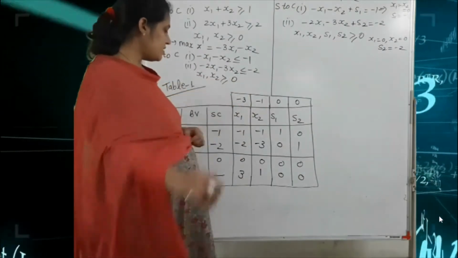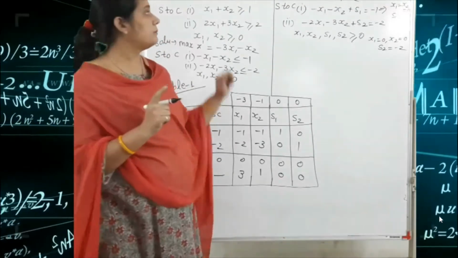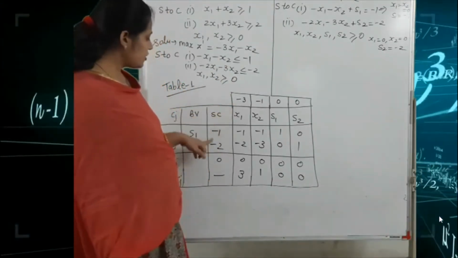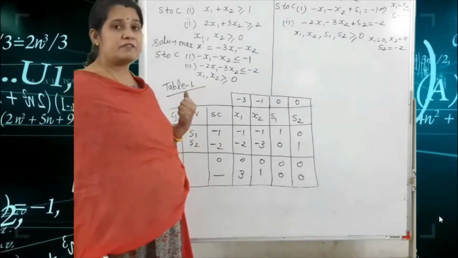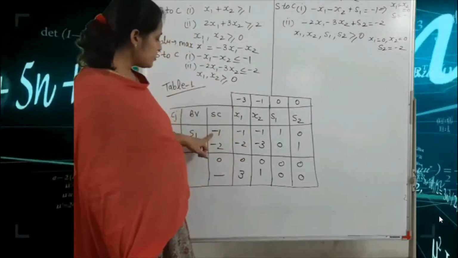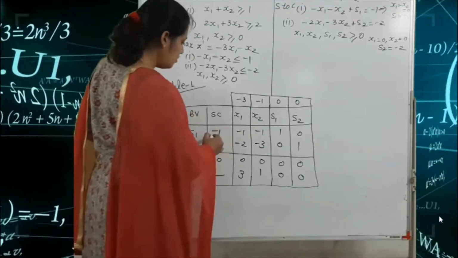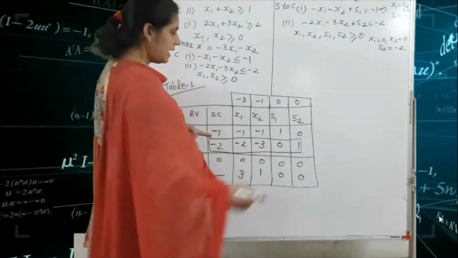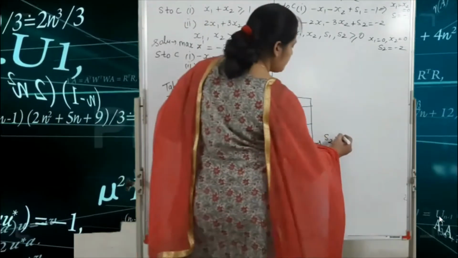After that, first you find the new variable in the dual simplex method. Look carefully: your solution constant is in negative sign. But in all the methods we saw in the previous lecture, the solution constant was always given in positive sign. So here first you choose the minimum value. The minimum value is minus 2, obviously. So this is your key row, and this variable, s2, the basic variable, is the new variable.